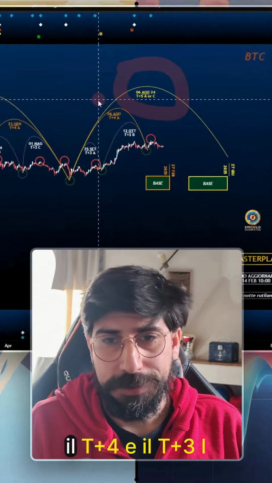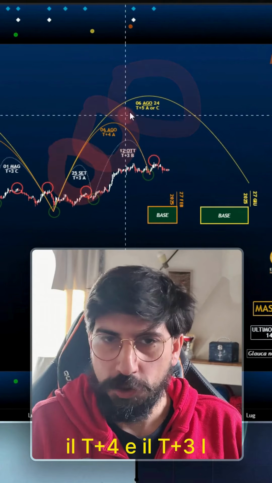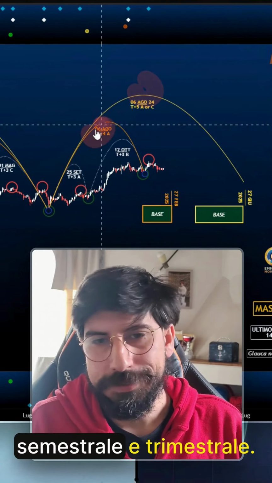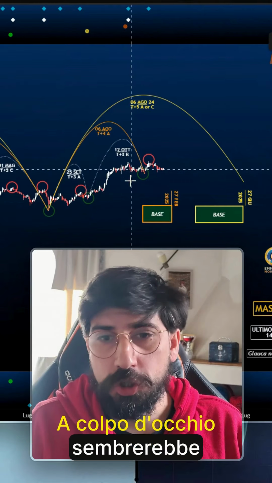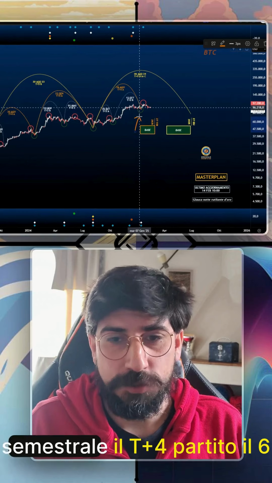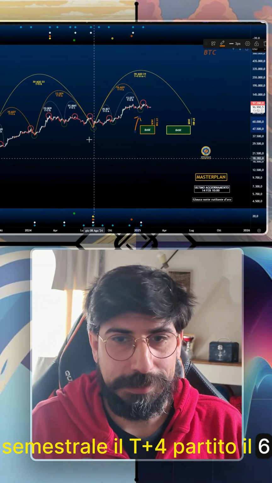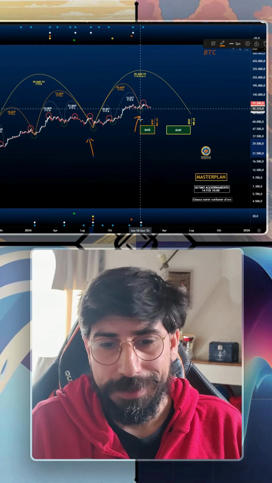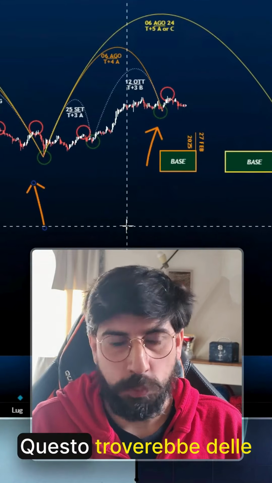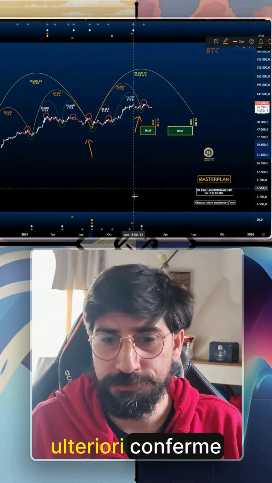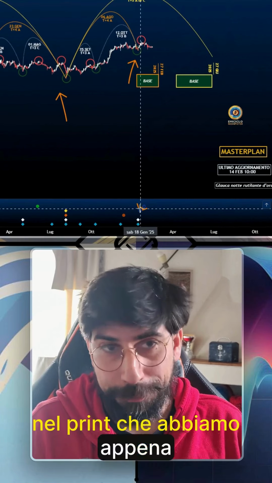Specifically, you are observing the T5, T4, and T3, that is the so-called annual, semi-annual, and quarterly. At first glance, it would seem obvious that the closure of the semi-annual T4 that began operations on August 6th should be distinctly identified at the low point of January 10th. This anticipated closure would receive further confirmation in the latest print we have just produced regarding the T3 Arst diamond,